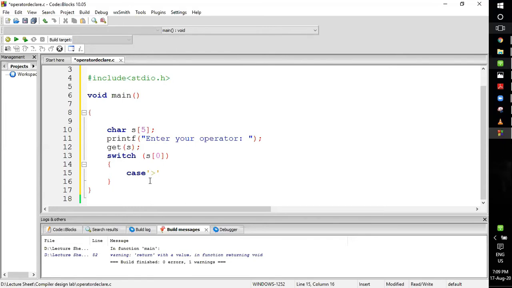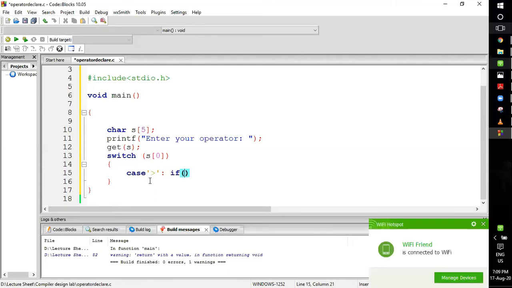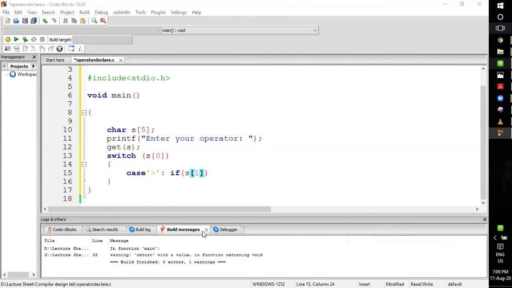Now in case it is just greater than, it will print greater than, but if it is given the symbol greater than or equal to, then I have to print two things. So here I will break the conditions into two other if else. For this case, if the second position, okay, so S0 must be greater than symbol, and if the S1 position is equal to an equal sign,